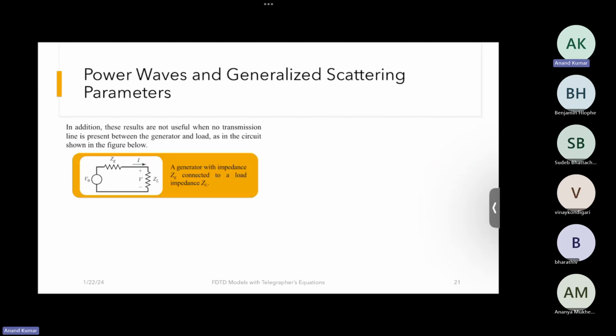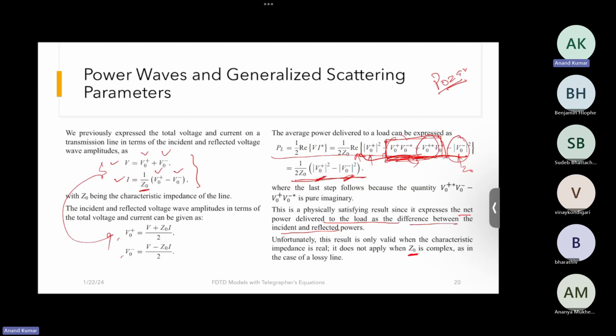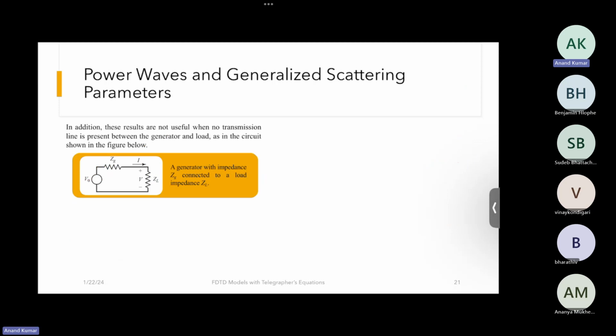So before that, there is another problem in this particular solution for the PL. This can be evaluated. These expressions are only true for transmission lines. So if there is no transmission line, that is, we do not have a Z naught, then this particular expression fails. For example, if there is a circuit like this where we do not have any transmission line, we